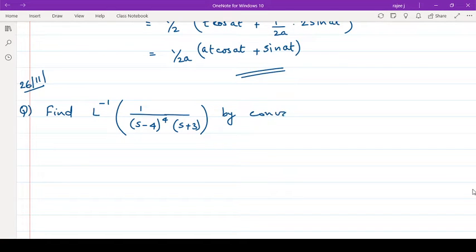by convolution method. Okay. Now to solve this, first of all, you have to choose phi 1 of s and phi 2 of